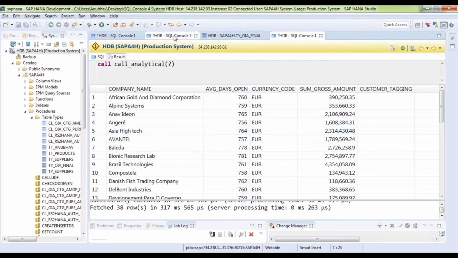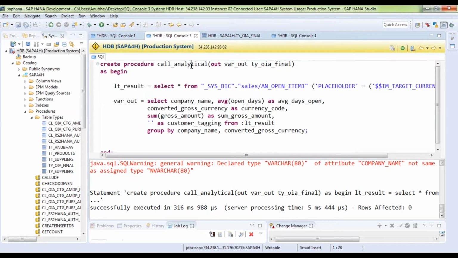You can create another procedure on top of this procedure, and another procedure on top of that, and that procedure using a procedure proxy, and call it in ABAP. Doesn't make sense to me. If I can call the analytical view directly from ABAP, there are two techniques which I already demonstrated. You can better use those.